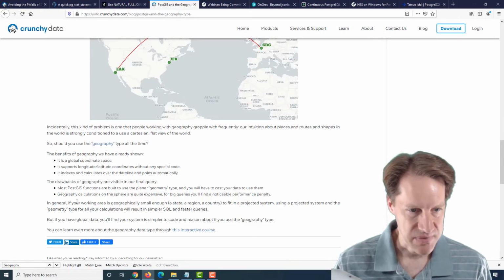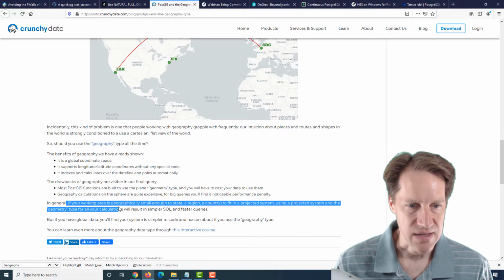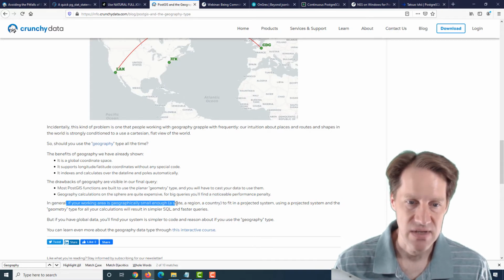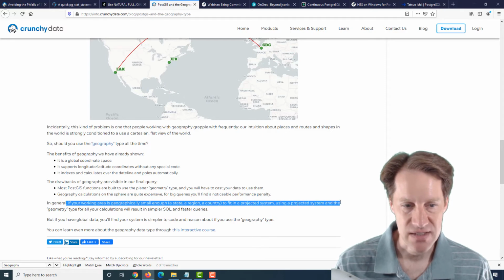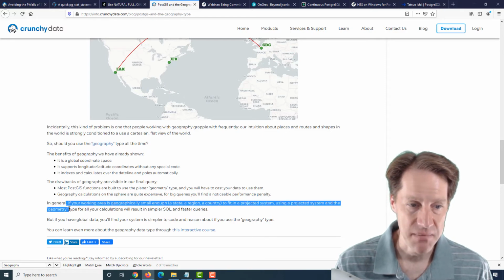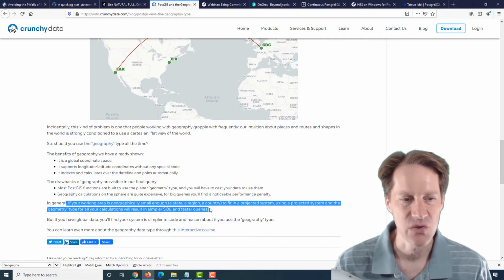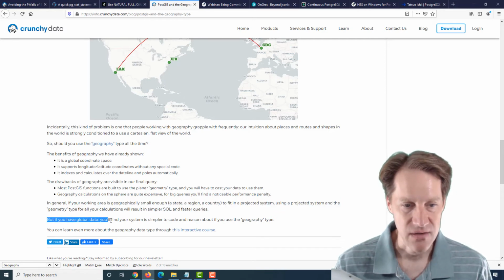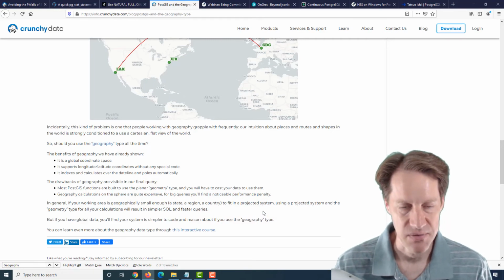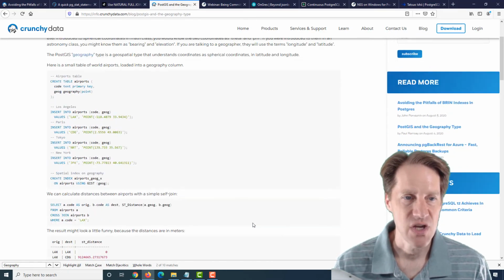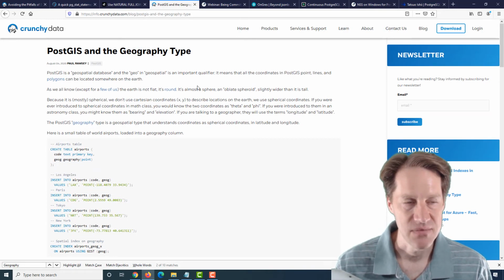Now, he does say something like, if your working area is geographically small enough, a state, a region, a country, to fit in a projected system, using a projected system and the geometry type for all your calculations will result in simpler SQL and faster queries. But if you have global data, you'll find your system is simpler to code and reason about if you use the geography type. So if you're interested in PostGIS and learning more about the geography type, definitely check out this